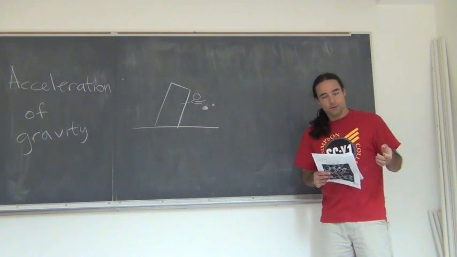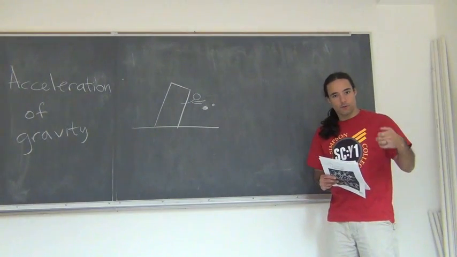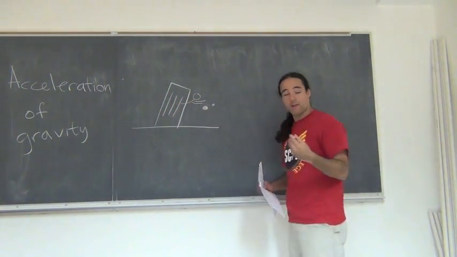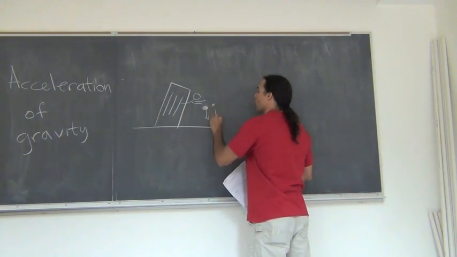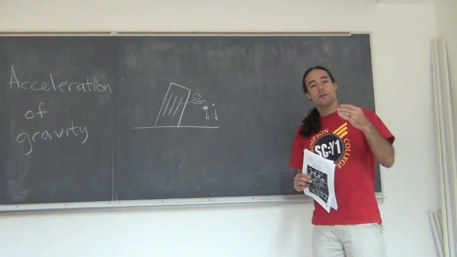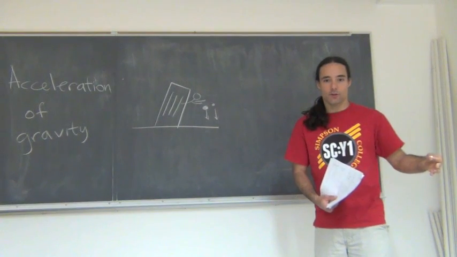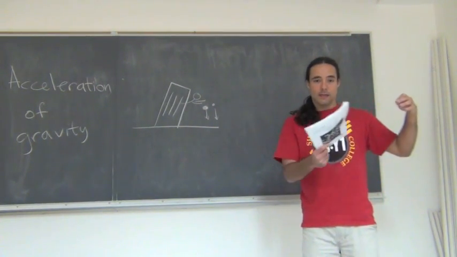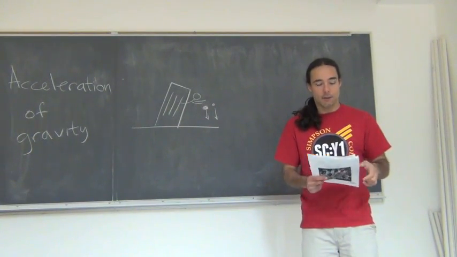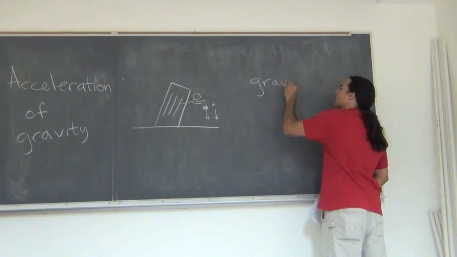There's a somewhat apocryphal story about Galileo dropping different masses from the Leaning Tower of Pisa. So here we go. Here's my Leaning Tower of Pisa. Here's my Galileo. And what he found was that no matter what the masses were, they all hit the ground at the same time, provided they weren't so light as to be affected by air resistance. If you drop a 10 kilogram mass and a 20 kilogram mass, they hit the ground at exactly the same time. So what we can say is that gravity